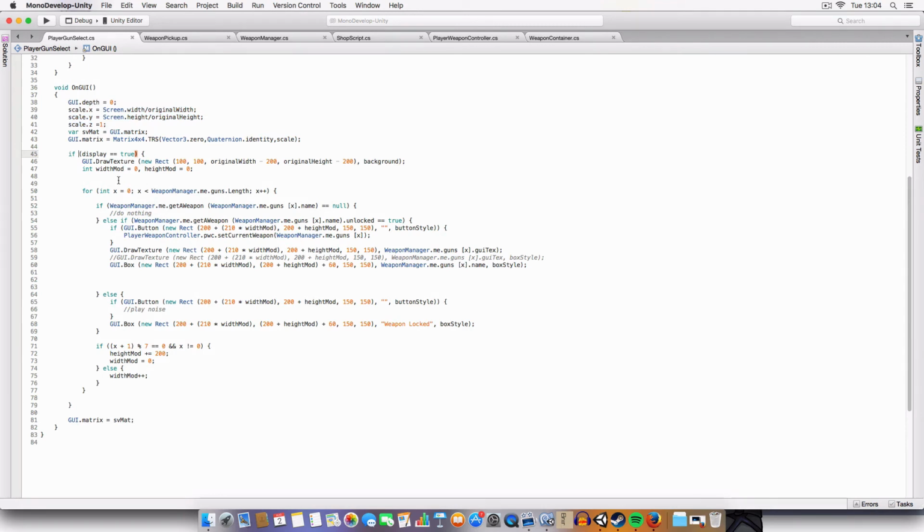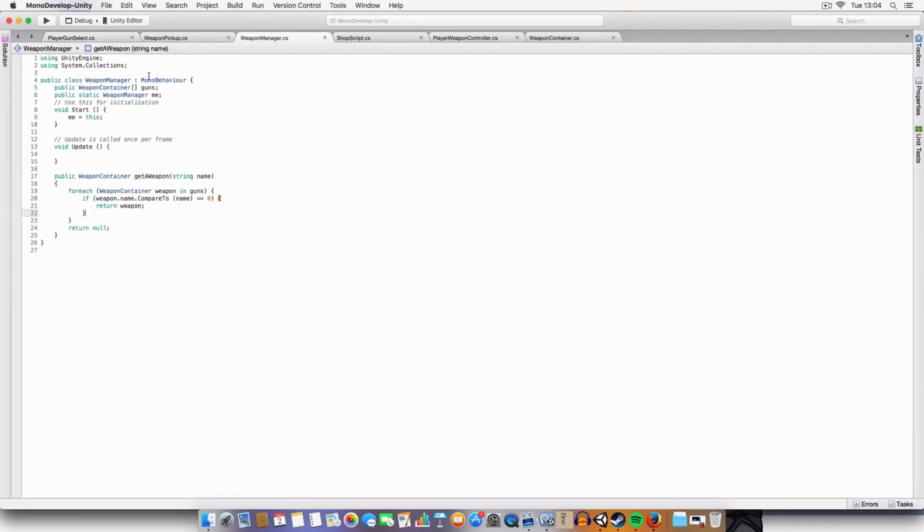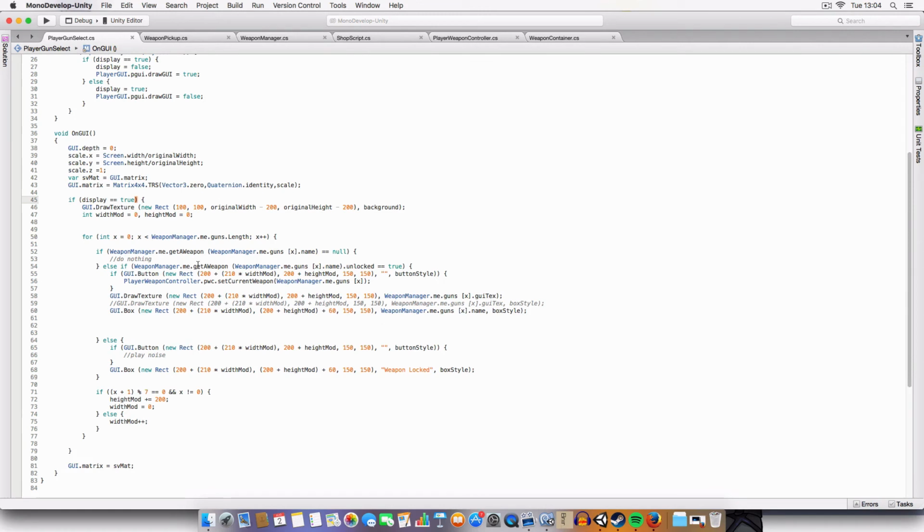And if display is true, now this will be similar to the shop scripts, but instead of having an array of items that we're selling, we are going to be using the weapon manager, which we showed earlier, to look through the guns. So it'll check if it can get the individual weapon, and if it doesn't find a weapon, it'll do nothing. But if it's found a weapon that's unlocked,